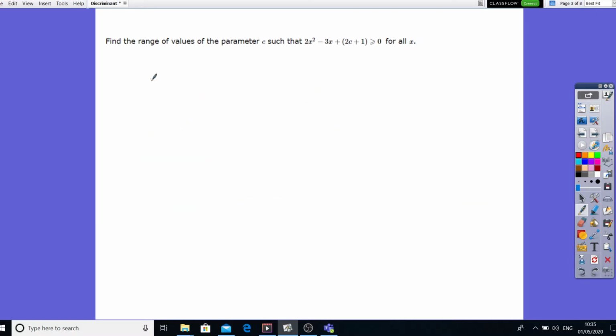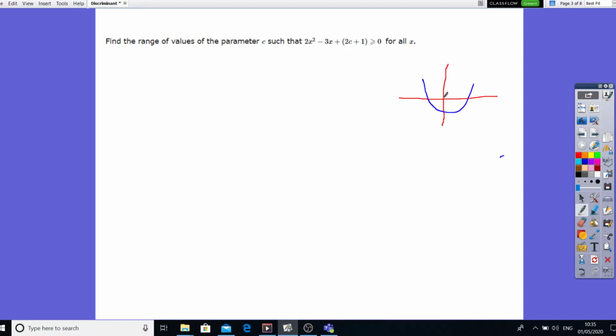Okay, so let's have a look at this one. Find the range of values of the parameter c such that this equation is greater than or equal to 0 for all x. Okay, for all values of x. So what this basically is telling me is that if we had an equation like this, and if this was the curve, if I had a curve like this,